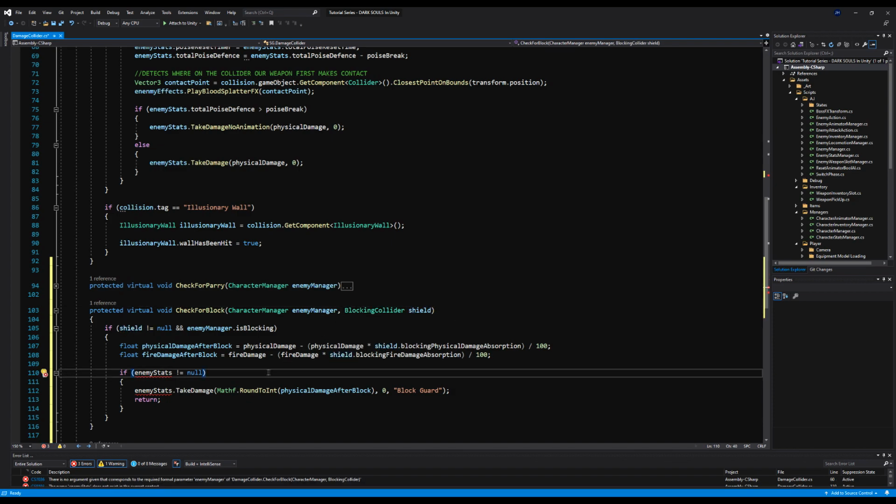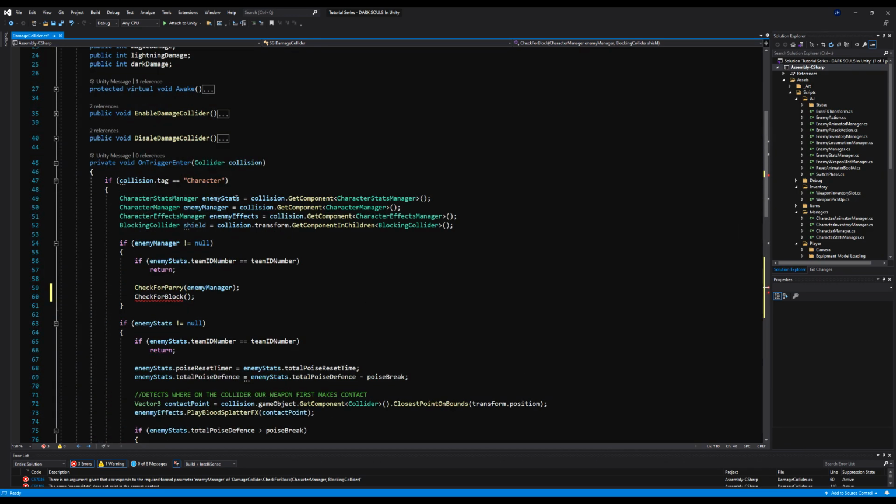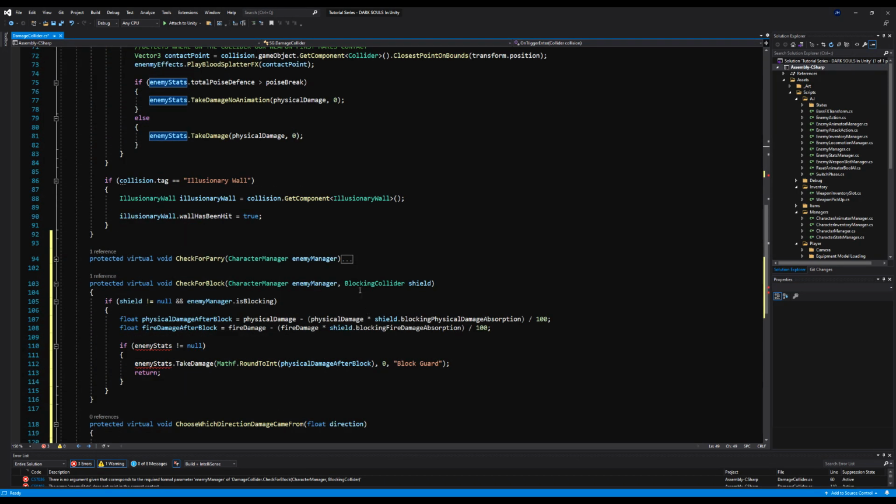So a character stat manager variable, we're going to call it enemy stats because it is the enemy stats. Now, you'll notice we had return on these functions because this was all in one large function, and if you detected a shield or a parry, you just simply return. Well, because we're actually breaking this down now into finer functions,